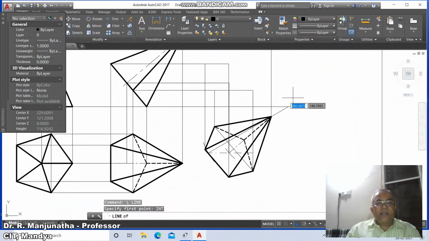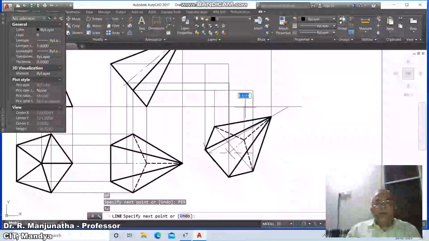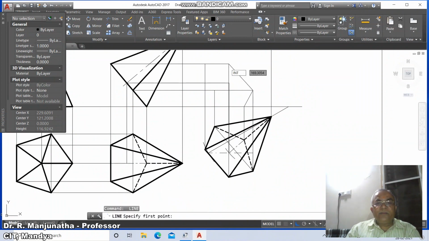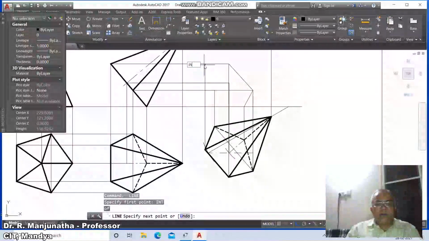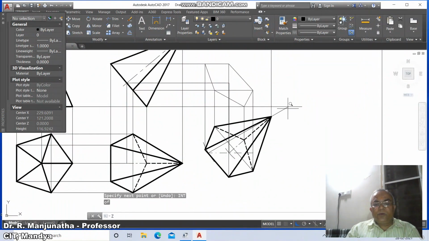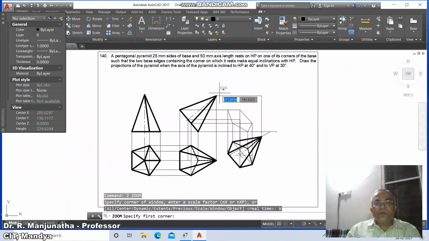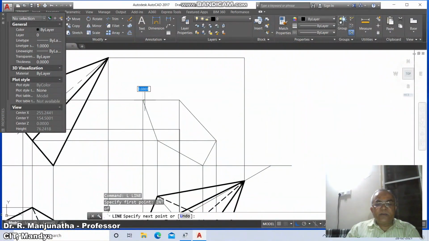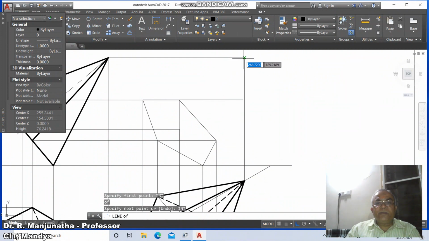Similarly, line, take the intersection point of this and draw perpendicular to this, and then go to line, intersection of this and take the intersection point of this. Then go to line, INT of this and INT of this and take the intersection point of this. Then go to zoom previous, then zoom window, then go to line, take the intersection of this and the intersection point of this and take the intersection point of this.